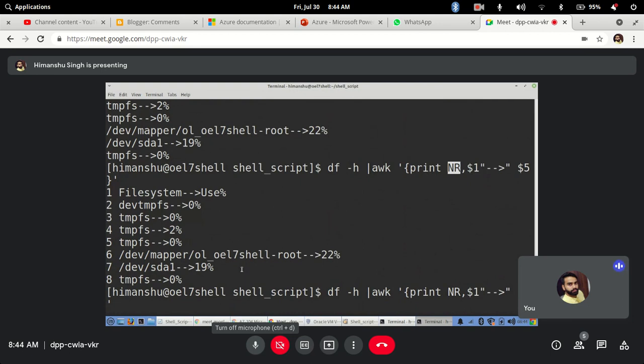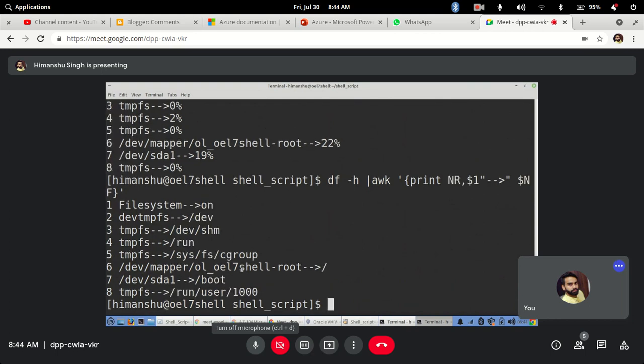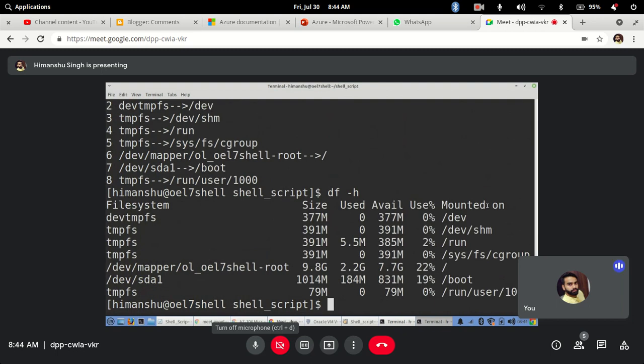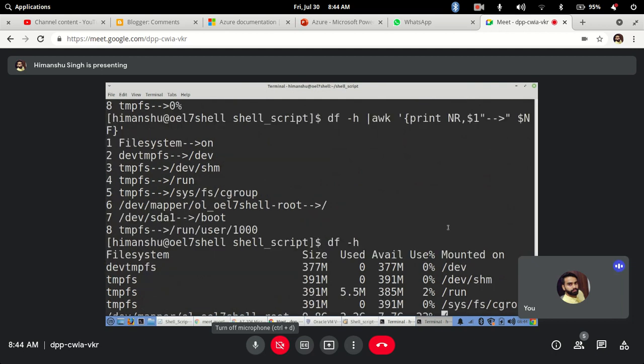That is the last field of each line. Hit enter. You see, whatever is in the df -h output, the last field is displayed. And see here why it displays "on": because space is taken as the field separator, so "on" is the last field in the first line.